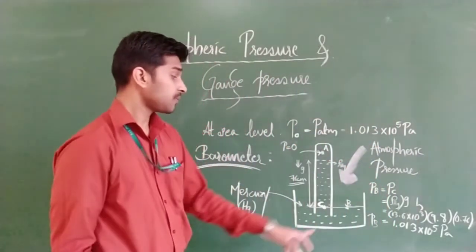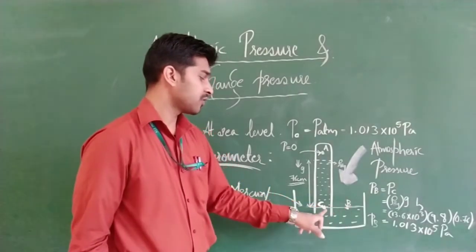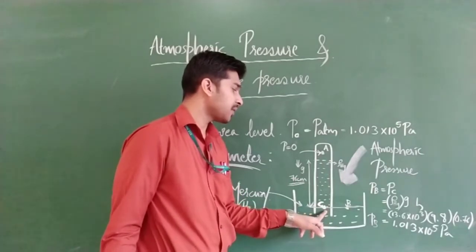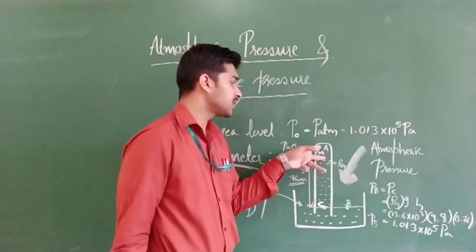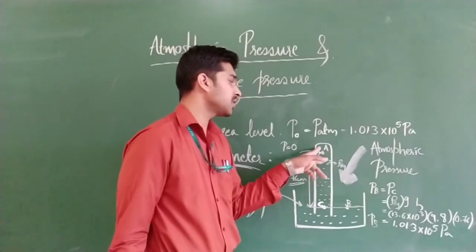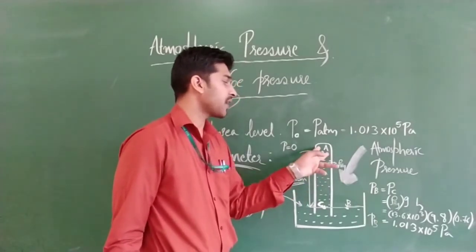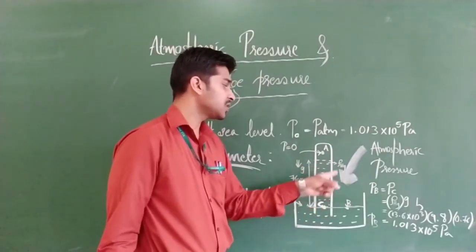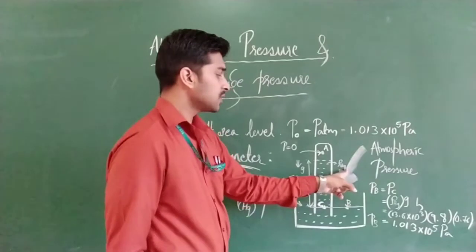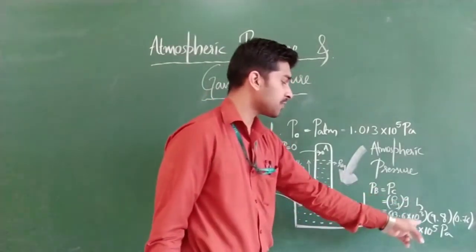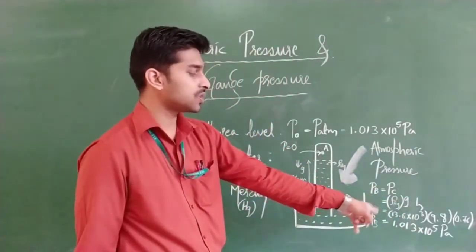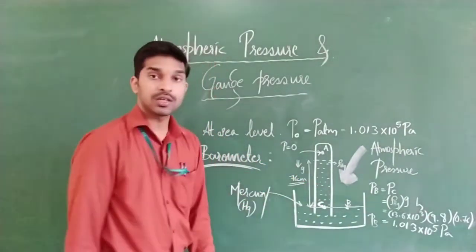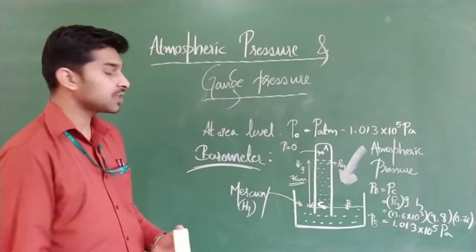This is nothing but the pressure at point B. That means the pressure at point B should be equal to the pressure at point C. Due to this liquid column, the pressure at point C will become the pressure at this point plus the pressure due to this column. Pressure here is 0 because it is a vacuum space. Here it is a liquid column, so it is rho g h, rho of mercury into g into h. If you substitute the values, you are going to get 1.013 into 10 to the power of 5 Pascal. Clear? Have you all understood? Shall we go to the next concept?